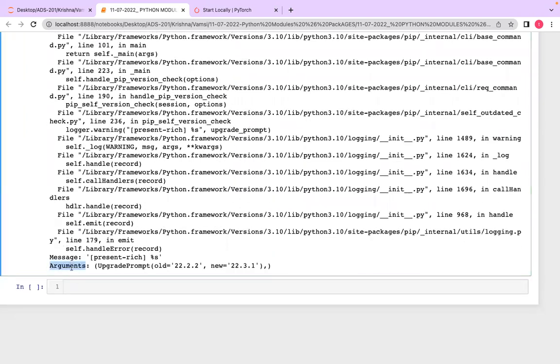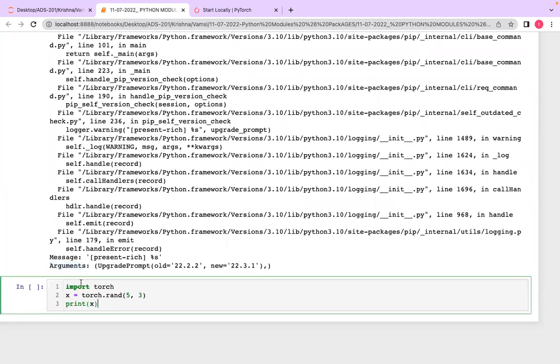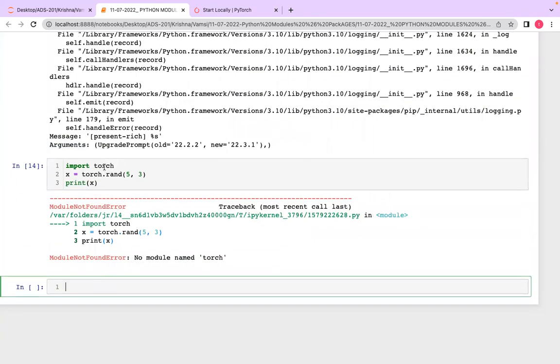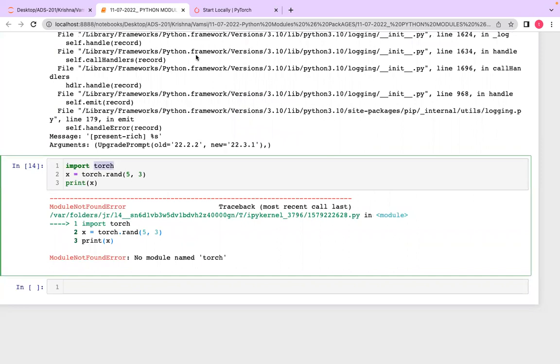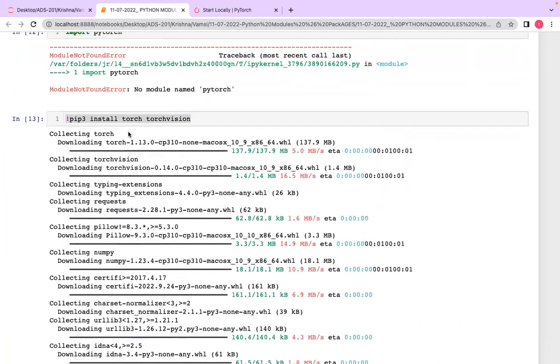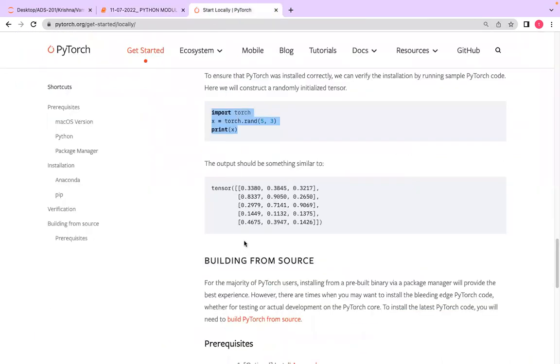So hopefully it was executed successfully, or installed successfully. Then we are going to be importing that one. Torch is not available yet because we have to rerun it. You have to restart your computer, then it can be added. You just installed it, but it's not added into your path yet. So when can it be added? You just need to restart your computer, then it can be added. Okay, clear?